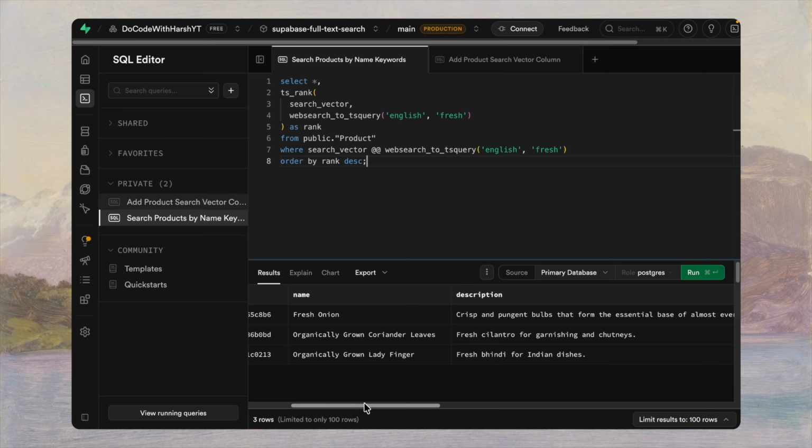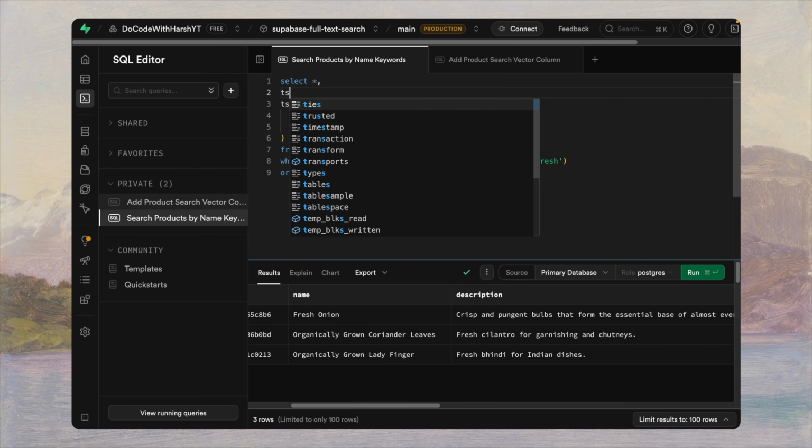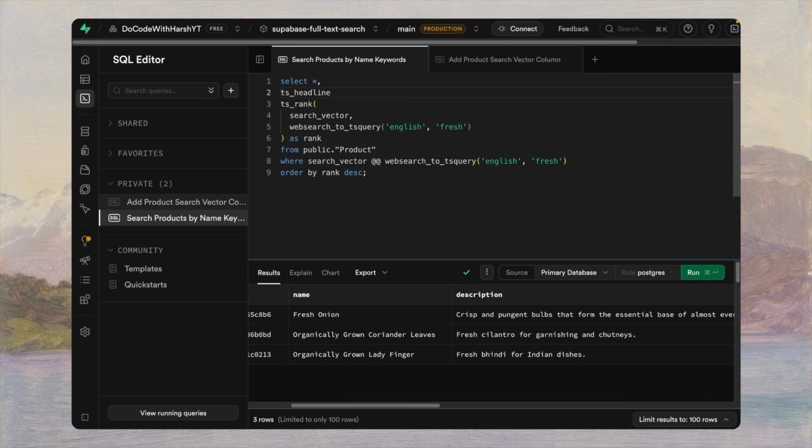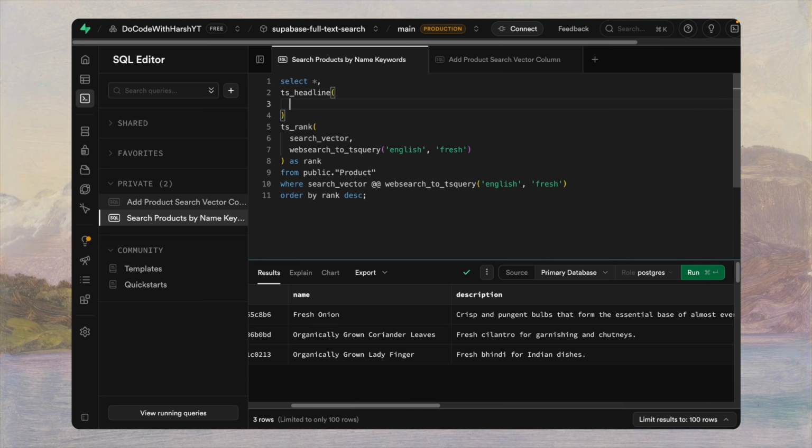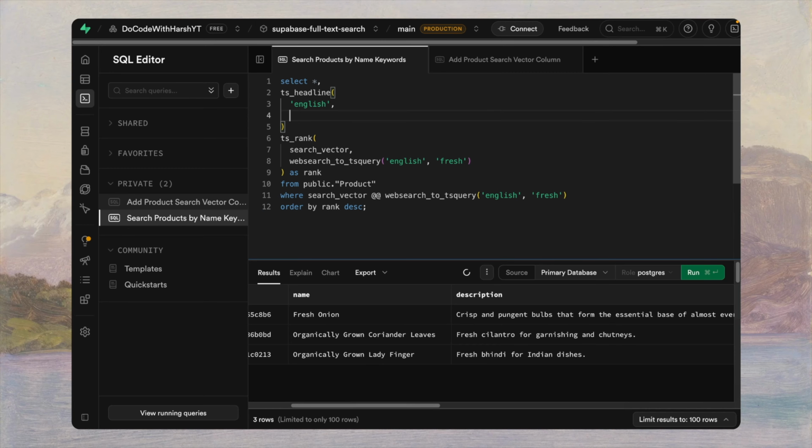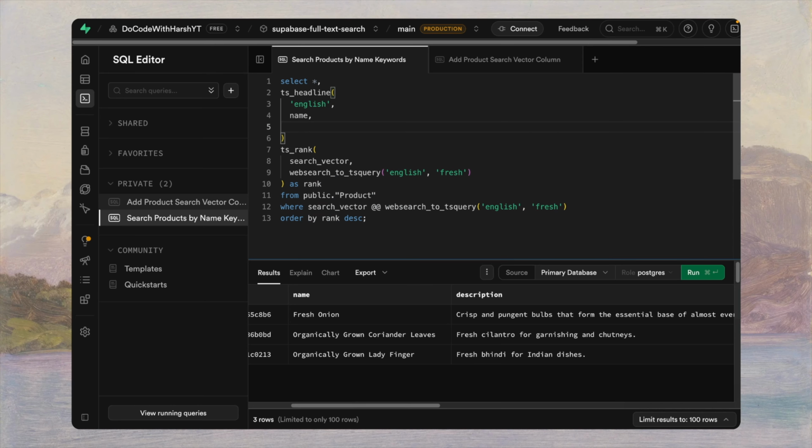Now there is one more powerful feature in full text search, which is highlighting the matching keywords. To implement this, we use ts_headline. ts_headline basically takes your text and highlights the parts that match the search query. So instead of just returning results, it shows exactly where the match is happening. So let's use it. We will create two new fields, one for the highlighted name and one for the highlighted description. Now inside ts_headline, we pass English for language processing, the column we want to highlight like name,